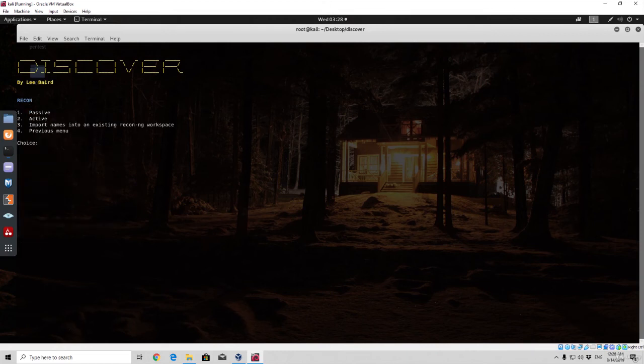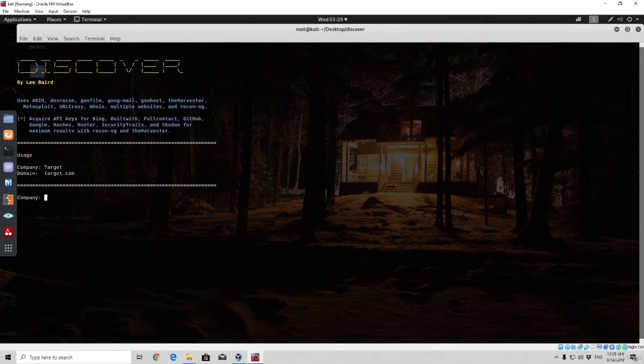Now if you want to, you can experiment with different options right here. We are not going to cover them because it is really not that important to us. It is an easy to use tool and you can experiment with it after this lecture. Okay, so let's say we want to perform passive information gathering. We press enter. What it says right here is that it uses different tools. As we can see, besides all of these tools, it also uses theHarvester, which is a tool that we